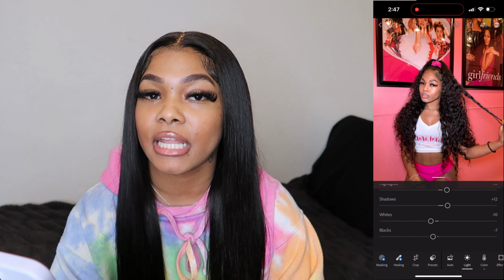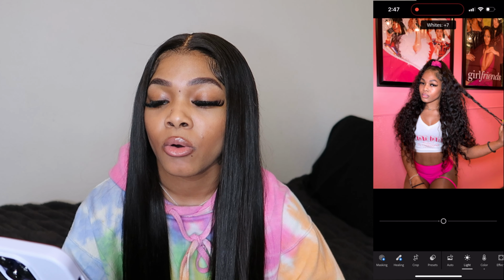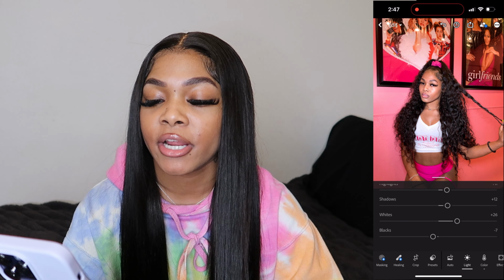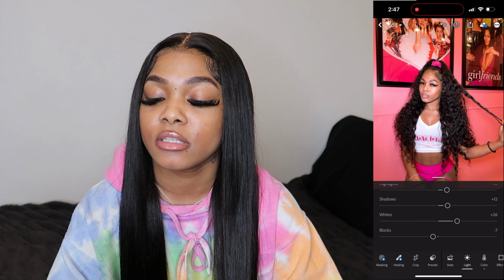Shadows, turn it down because I like for my hair to still look dark. I like my hair to look dark. Whites, turn that up to make it a little brighter. And then if you hold down the picture, it shows you the before, and then you release it to see